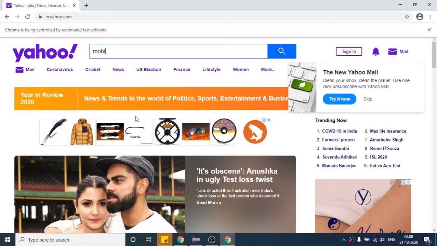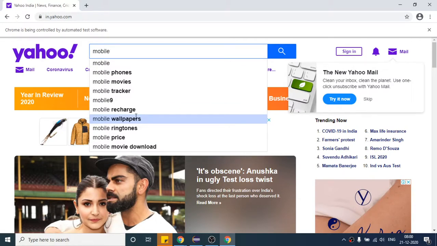So website is taking some time. Okay, so it has entered mobile, and after few seconds I think our program is complete.